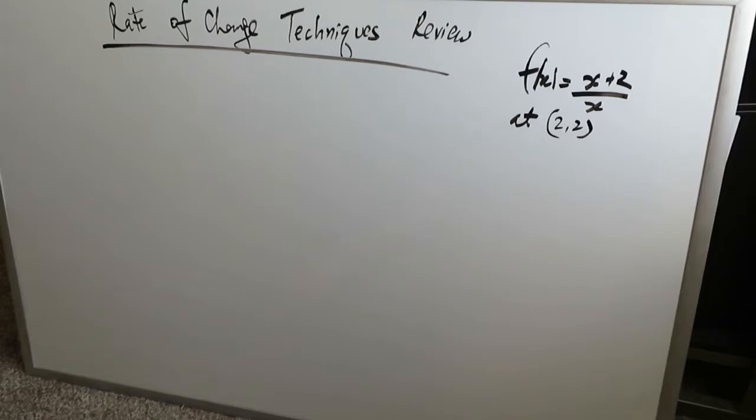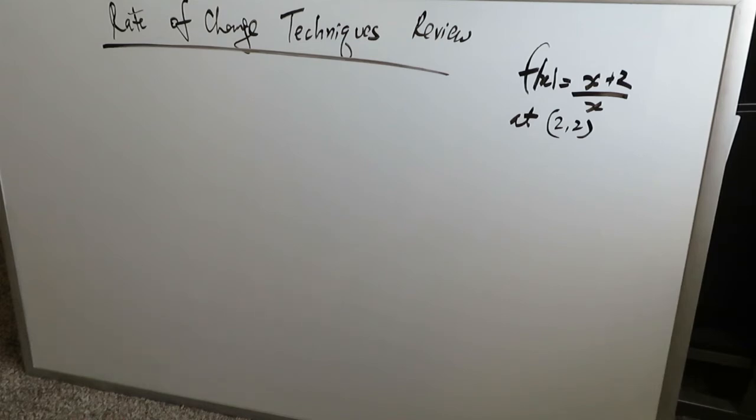This is Mr. Ish and we will be discussing 3 techniques in terms of review regarding the rate of change. If you think back to the 2 videos I presented on the rates of change, I talked about secant lines, tangent lines, average rates of change and the instantaneous rate of change. I just want to use this video as a forum for showing you 3 techniques that I presented in